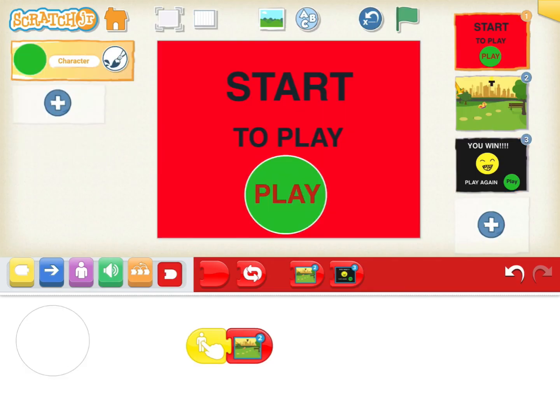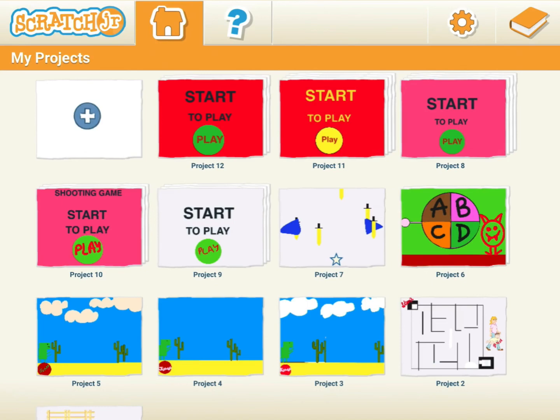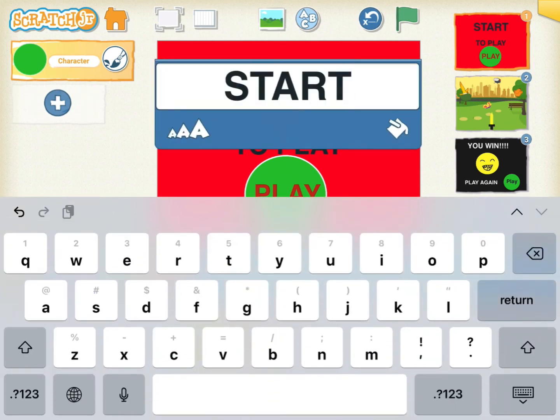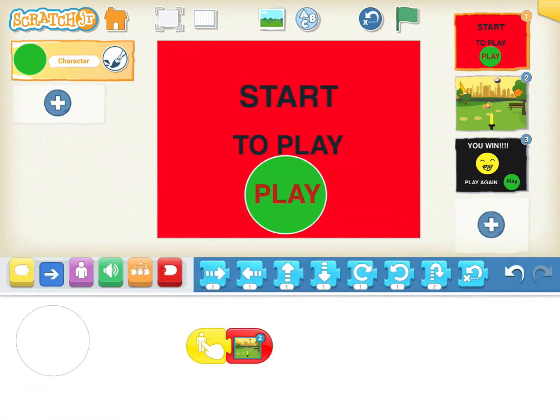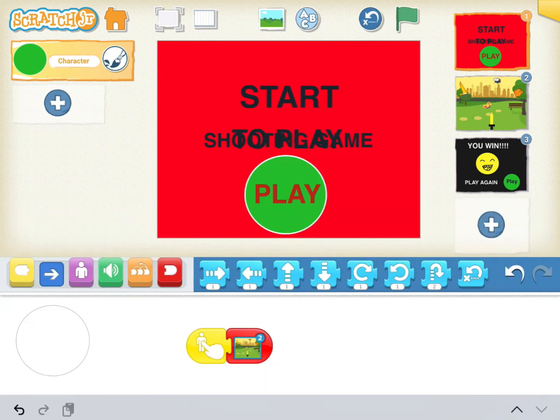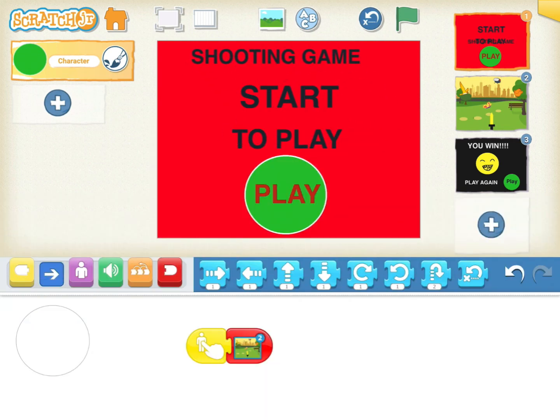You can make more of this, like land animals, water animals, marine animals. And then when you click on the home button, that is just right next to the Scratch Junior thing, it will automatically get saved even if you close it. So I'm just giving a name to the game, and I'll call it shooting game.